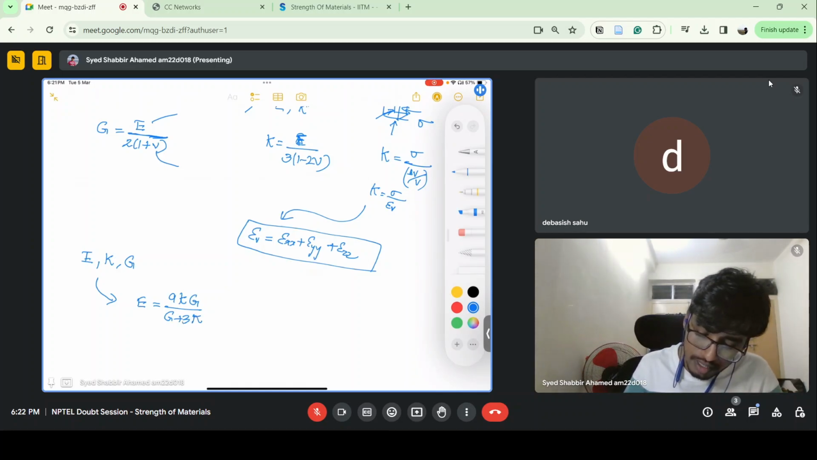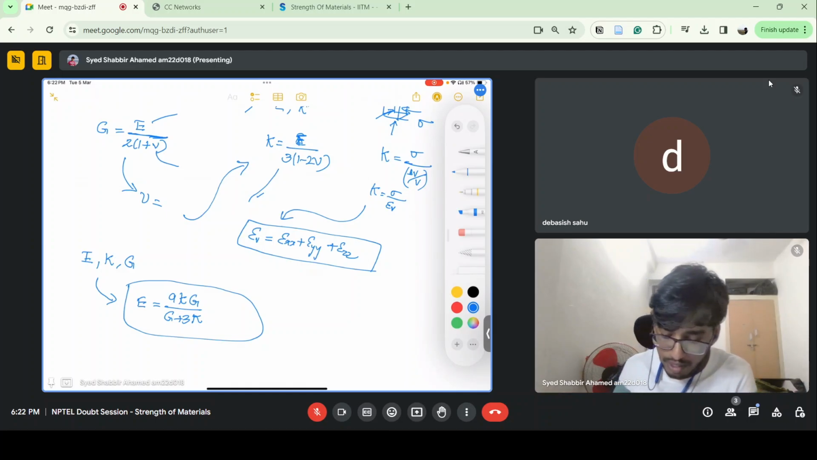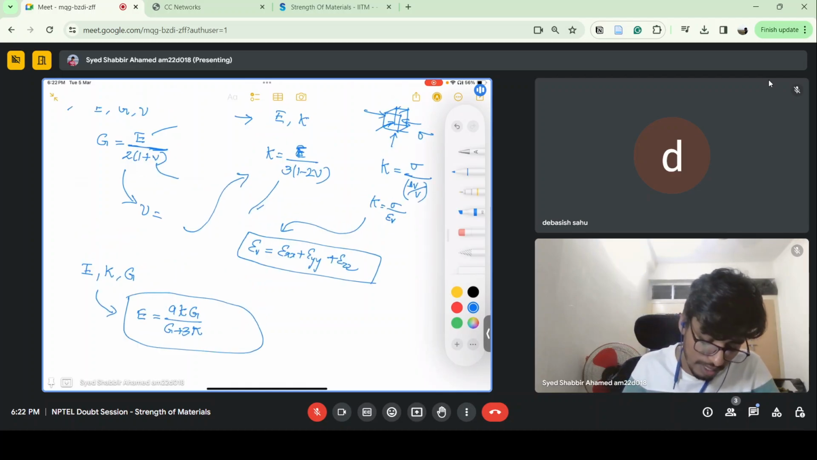So this is nothing but, from either of these equations, you get the value of mu by rearranging things. Mu is equal to something, and you substitute it in the other, and you will get this equation. So we are just removing mu from the equations to get the relationship between E, K, and G. So 9KG by (G plus 3K). So these three formulae